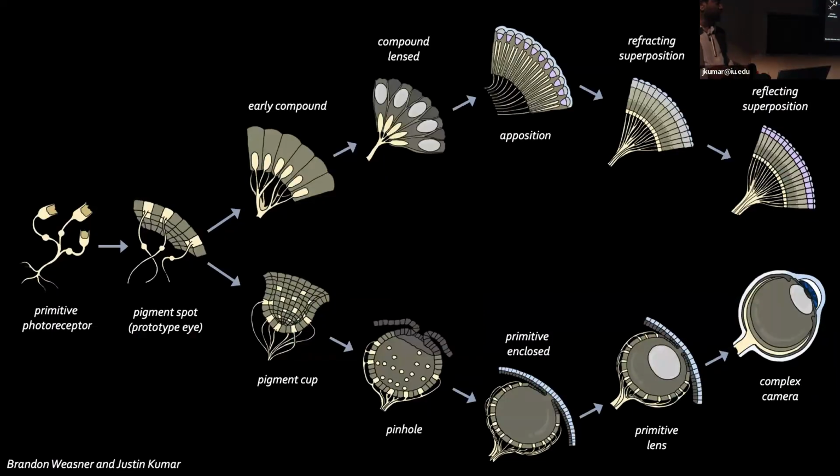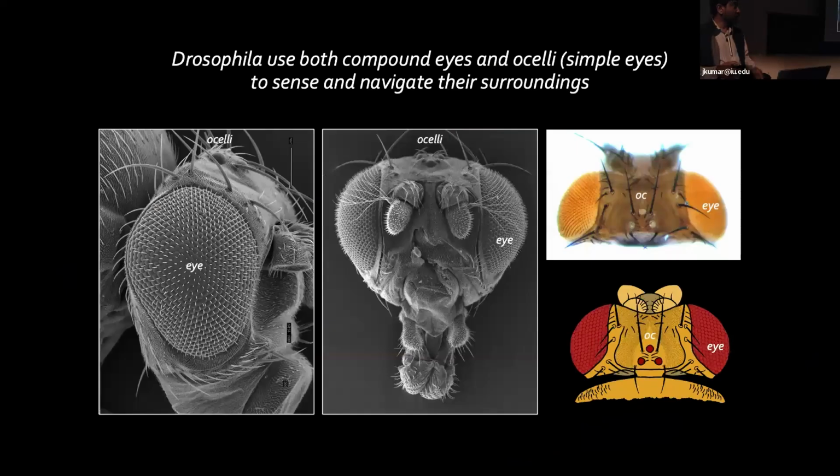So the idea is that you go from a primitive photoreceptor and develop a common gene regulatory network that gives you that prototype eye that Charles Darwin had mentioned. From that point onwards, you would get fine-scale gradations or changes that would give you all of these different eye types. So one idea we had in the lab was whether you could take a common gene regulatory network, and as I mentioned in the introduction, change its levels and switch from one eye type to another. We're not going to do anything as ridiculous as going from a compound eye to our camera eyes, but we're going to focus on two visual systems within the Drosophila head.